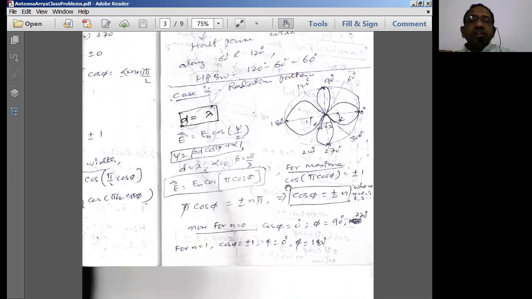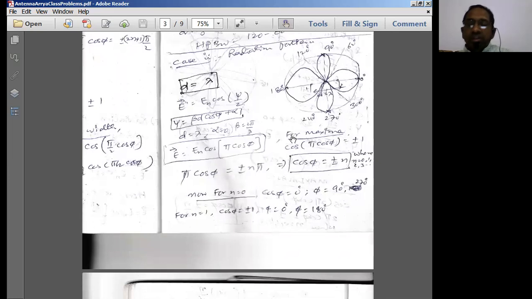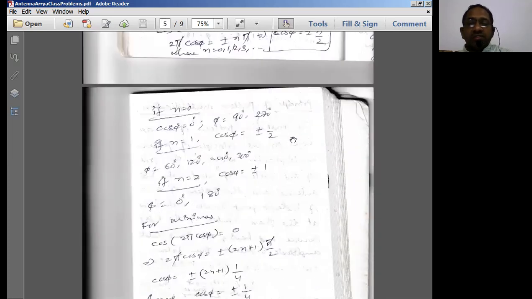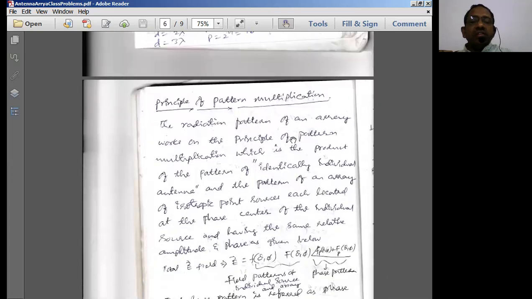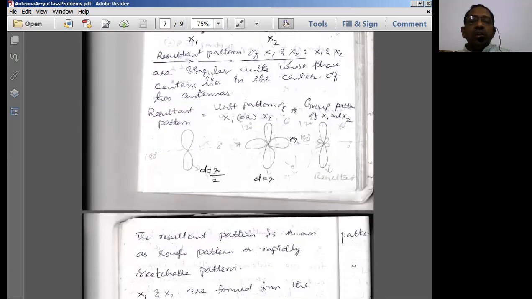Then next, we have seen the radiation pattern for D is equal to lambda. Four radiation patterns we have seen, right? Now, these two cases have come over here. That's it. So we already did the task. Simply, we are using those radiation patterns here to draw the effective radiation pattern. So in the exam, you should remember these radiation patterns for D is equal to lambda by 2, D is equal to lambda, D is equal to 2 lambda. If you remember them, it is really well and good.